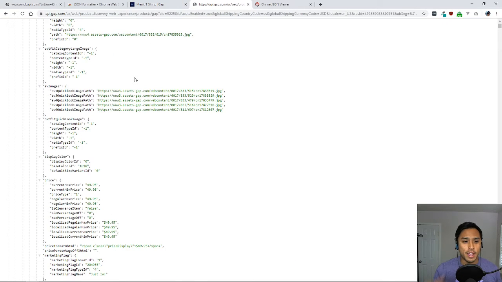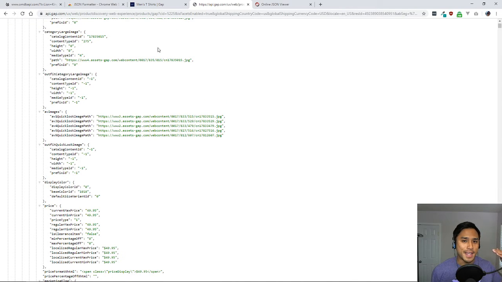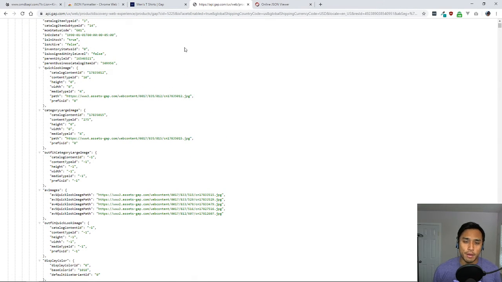So I could hit this API, and instead of going through this entire website and doing it, I could just go through the API and use something like the scripts you guys are running, looping through each of these and getting the prices, getting the info here. So again, when you get into more complex APIs with a lot of nested data, this is where these JSON formatters come in. And another tool: sometimes you're not going to be able to hit it with your browser,